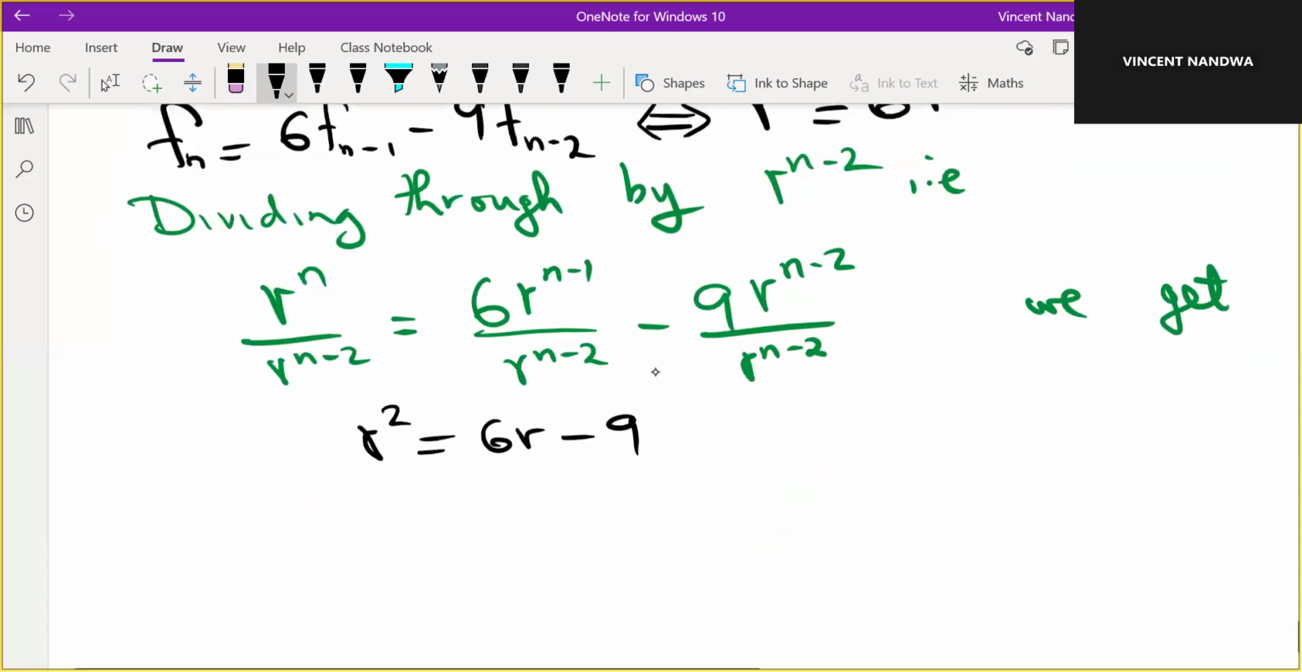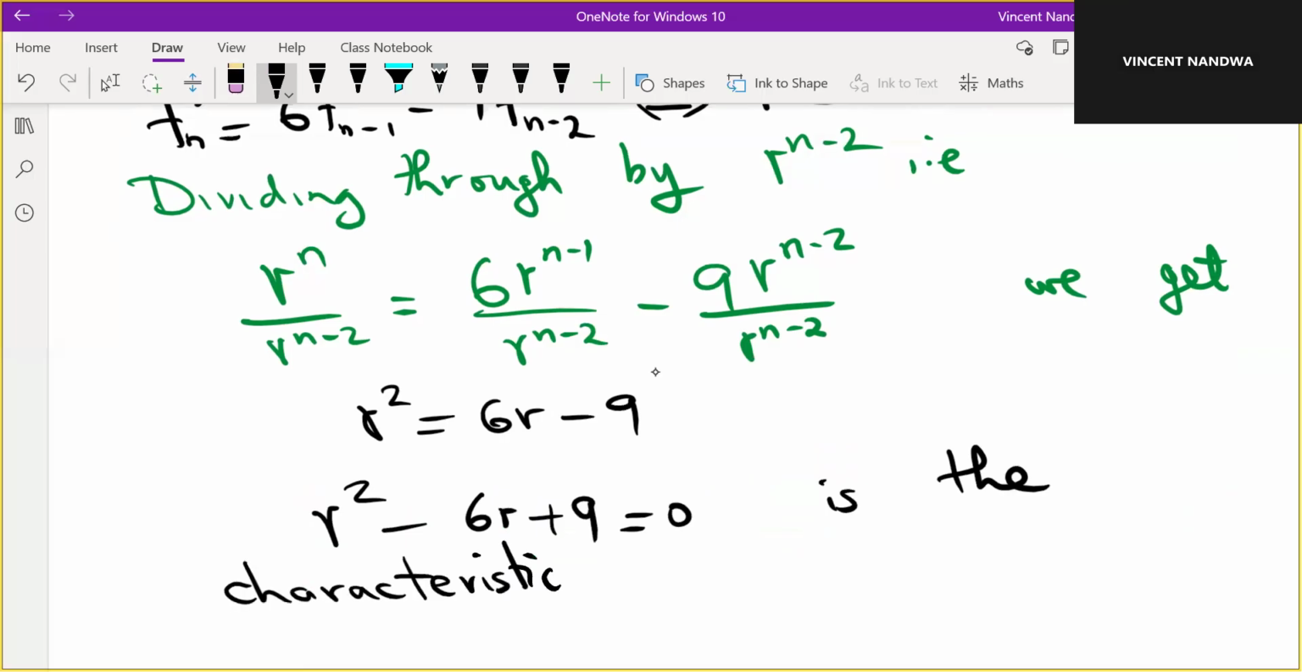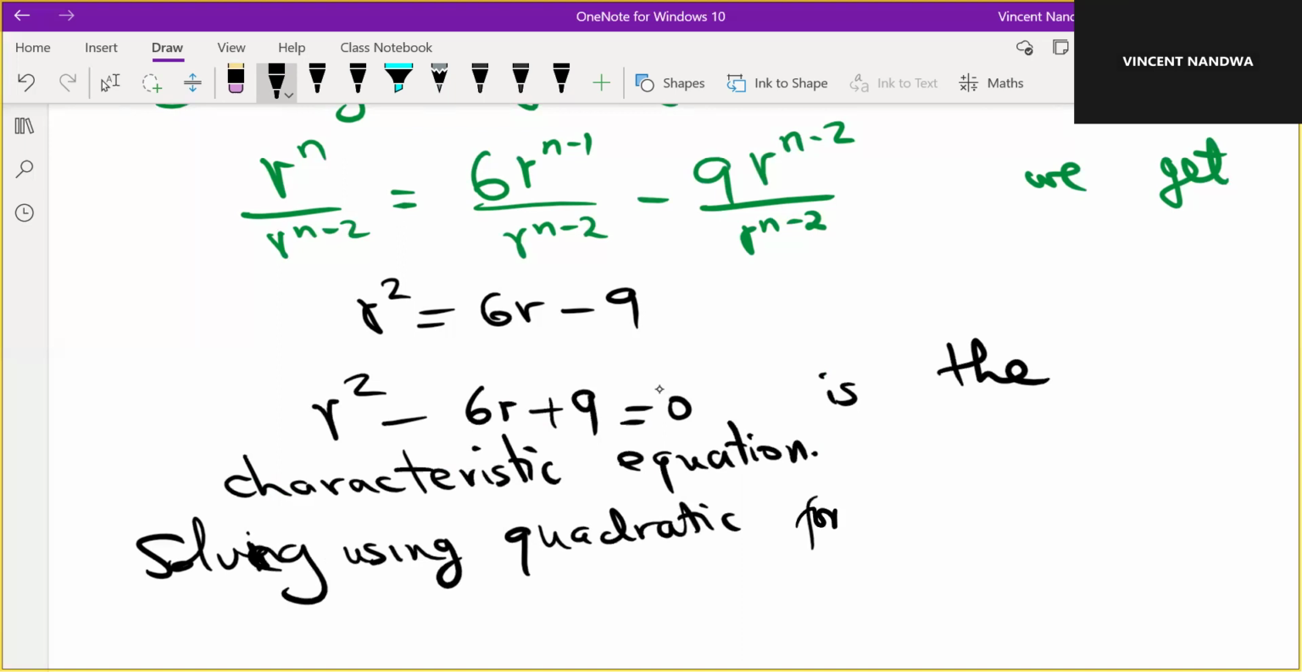Then we just rearrange this: R squared minus 6R plus 9 equals 0. So this is the characteristic equation. Good. So now solve using either quadratic or factorization. So solving using the quadratic formula, we get